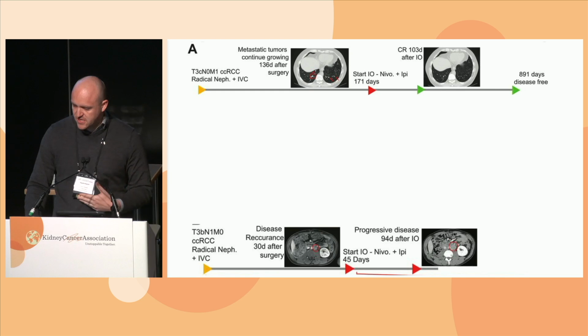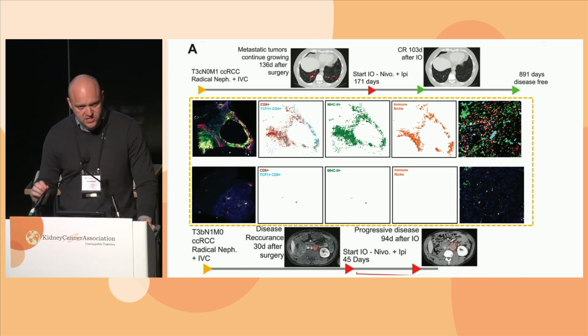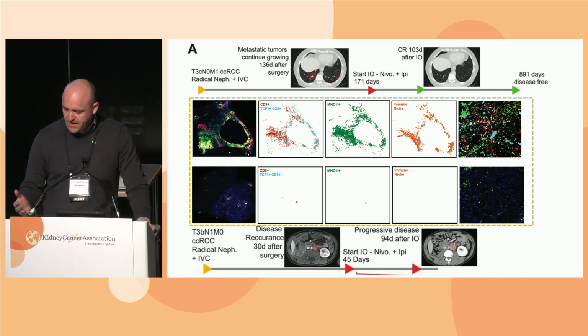So this is two patients, one came in with sort of advanced disease, obviously probably going to go into immunotherapy at some point, had a complete response after a couple of cycles. The patient at the bottom, same sort of situation, came in, absolutely no response whatsoever. If we quantitatively image these different types of cells in their tumour, this responding patient, long before they received PD-1, their cancer had an immunogenic phenotype. So these plots are showing in red where the T cells are in that patient's tumour, blue is these stem cells, and then the orange is sort of where these little immune niches are where the cells are residing. So you can see this top patient, very immunogenic tumour, bottom patient, at the time of surgery, really nothing at all.